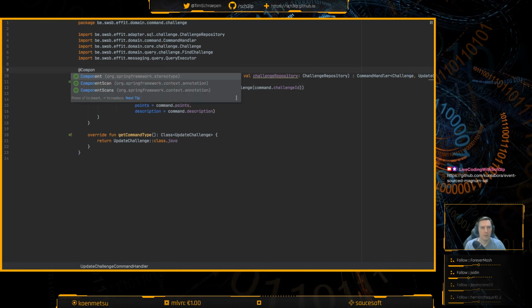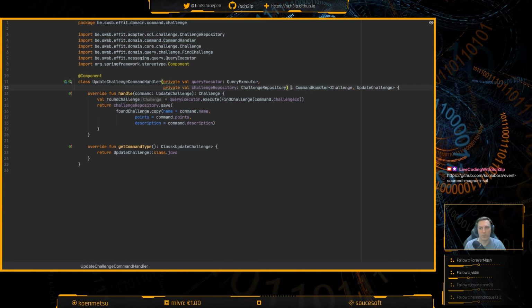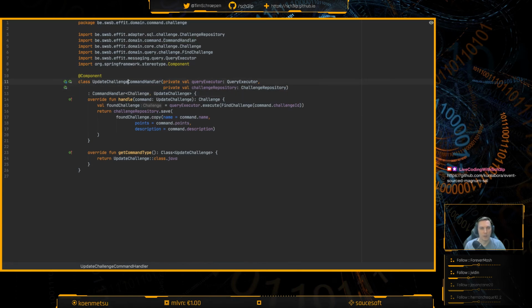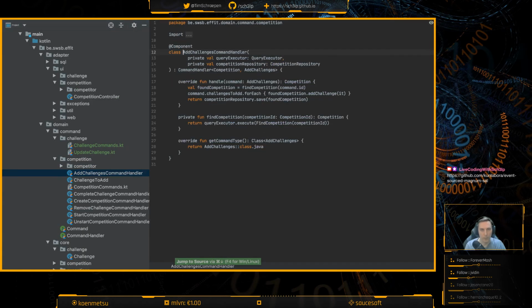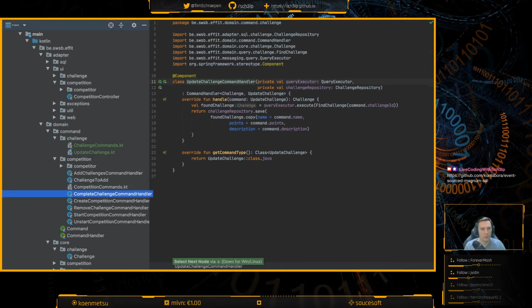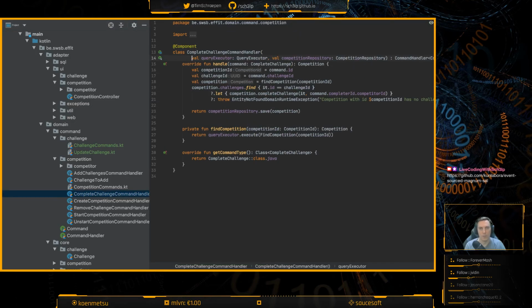There we go. That should be a little bit easier to read. Still needs component. Then that'll remove these squiggly lines. Yes. They can both be private. Yeah. I forgot to do that, in fact, with all of the other command handlers that we just wrote. Okay, I will forget if I don't do it now, so let's do it now. This does have privates. This does not, so let's make it private.